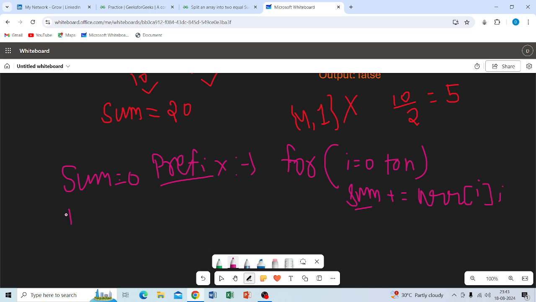Now we will take another variable which is called prefix. So what would be the prefix, means we will again